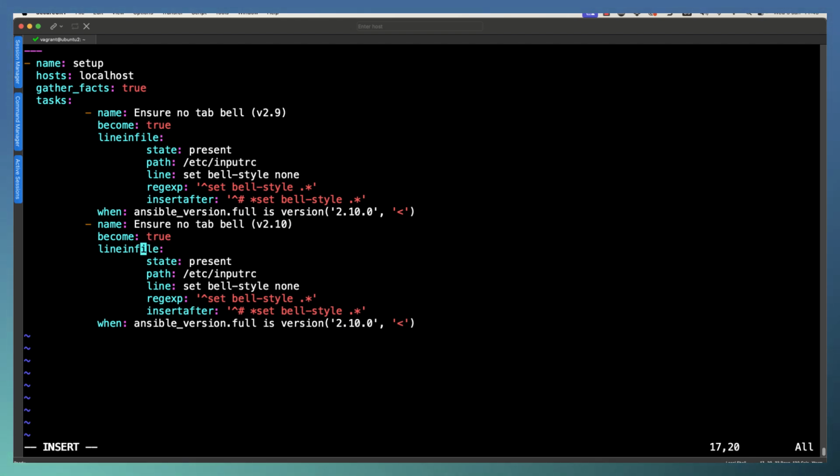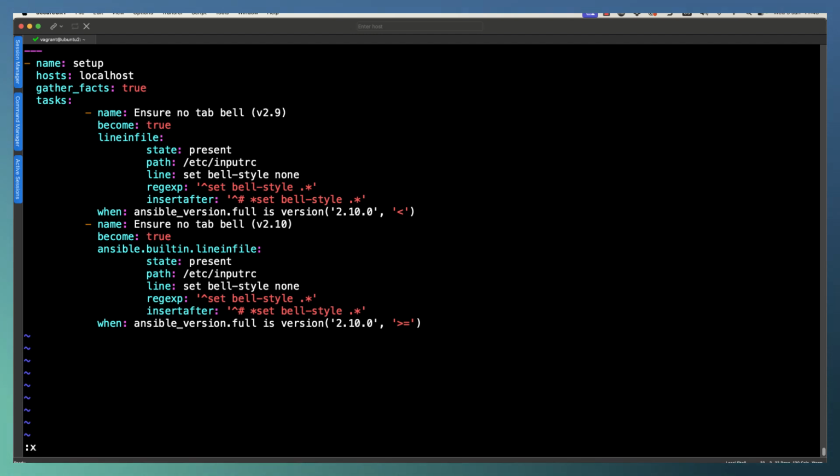And now the big change comes in that we put the collection name. So this is going to be ansible.builtin.lineinfile. And then don't forget to change the when clause. We can change this to be greater than or equal to 2.10.0. And that's it. Our playbook is complete.